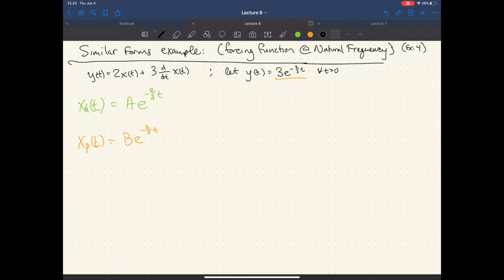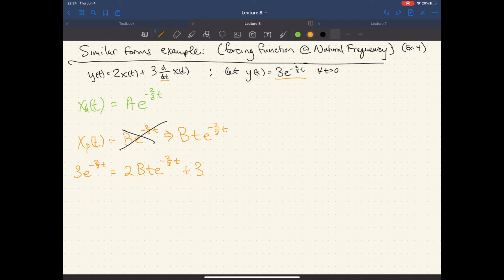Alrighty, so this actually then becomes b t e to the minus 2/3 t. We can go ahead and solve for this b, because with a particular solution, we can plug it on through and solve away. We don't need to put everything together for the particular part. Okay, so we have 2 times b t e to the minus 2/3 t plus 3, and now we have to do the